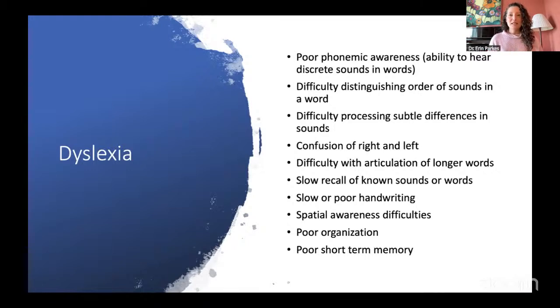So you can see that with dyslexia, yes, it comes into play with writing, language writing, and language discernment in spoken language. But all of these things, difficulty processing subtle differences in sounds, and even the poor phonemic awareness, being able to process kind of spacing in sounds, that's rhythm. And there is a lot of research showing that dyslexia, yes, it can cause issues with note reading and reading notes on a staff, but also a lot of issues with rhythm processing.